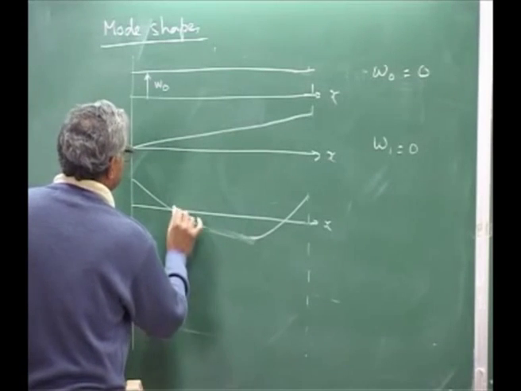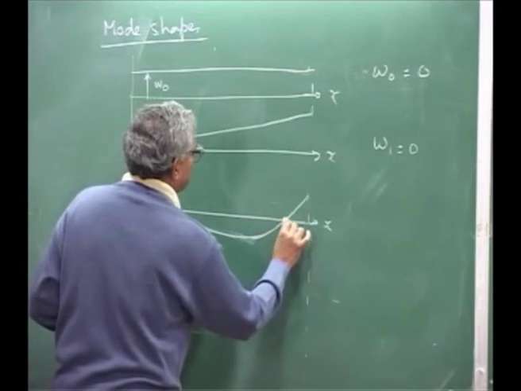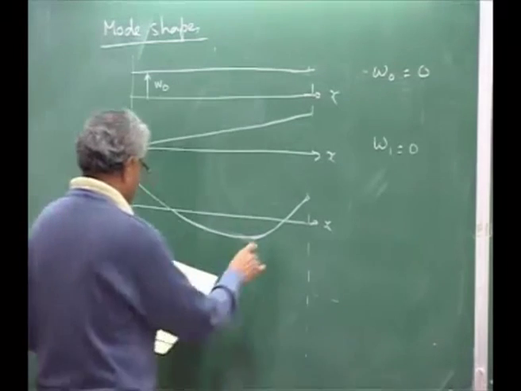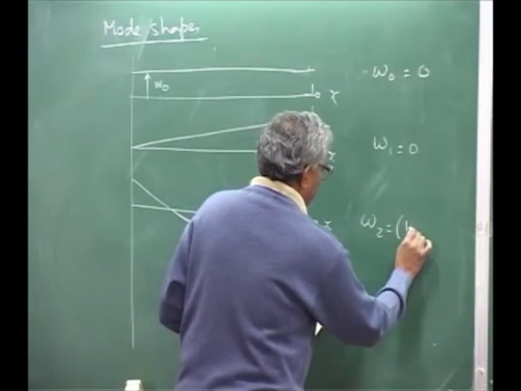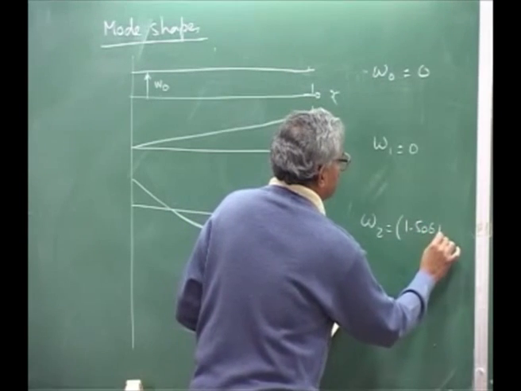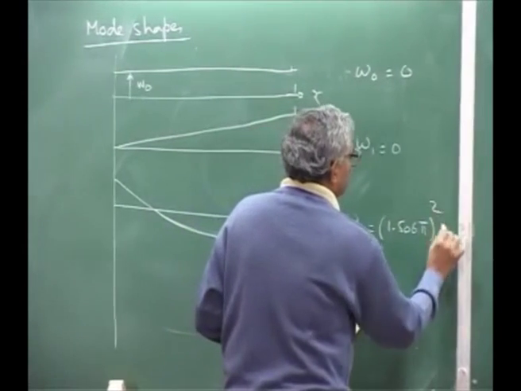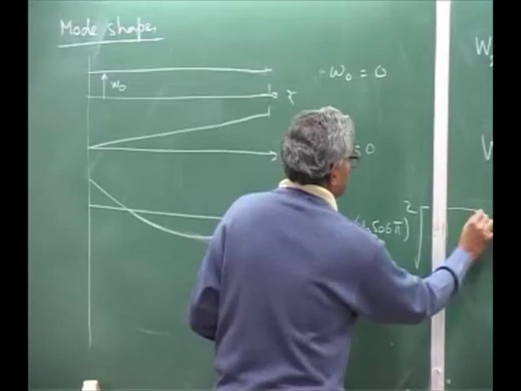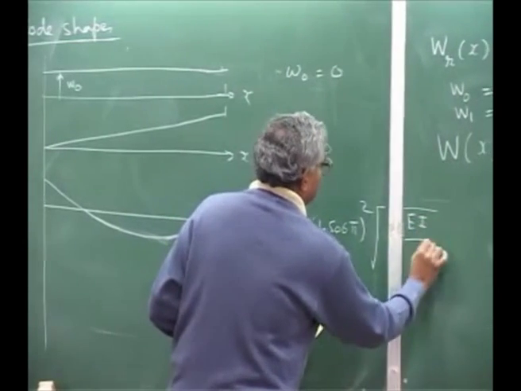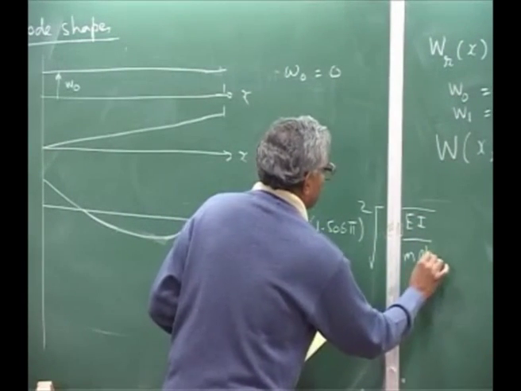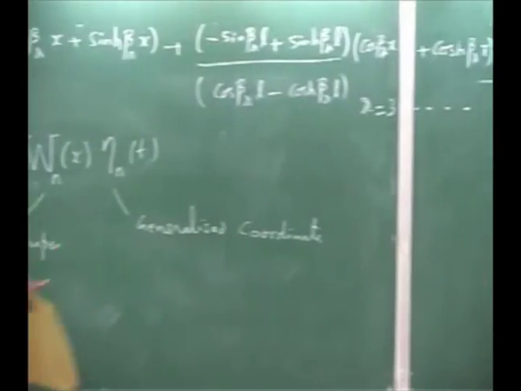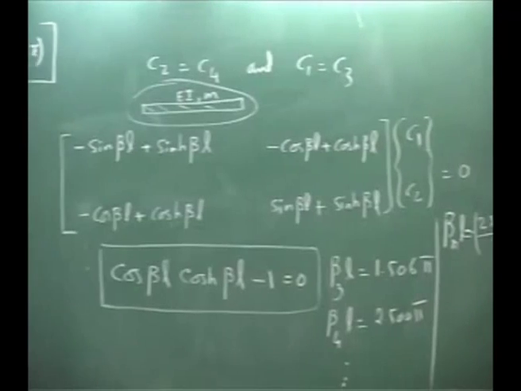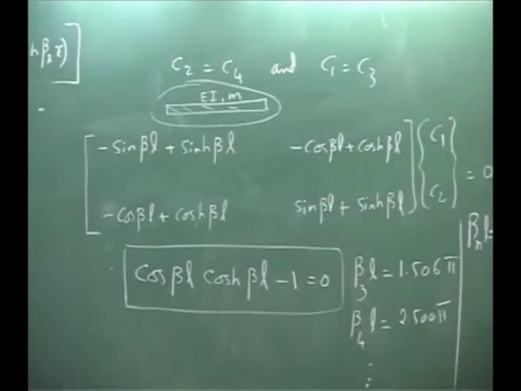Maybe I should plot it nicely. Okay. And for this, the frequency will be 1.506 pi whole square, square root of EI over M L4. Because I have taken 1.506, substitute that beta and get the omegas. And the next one will be